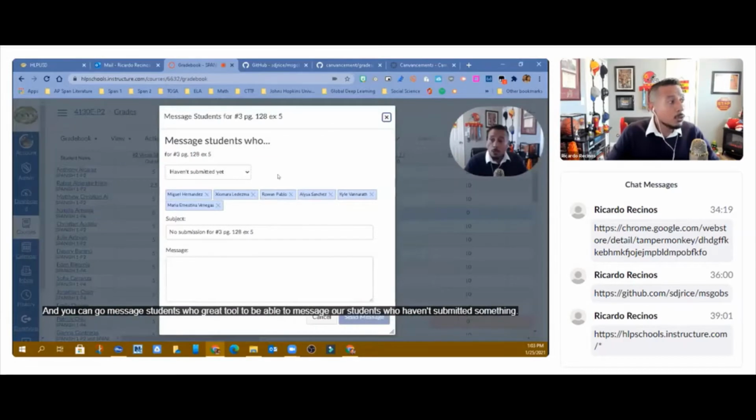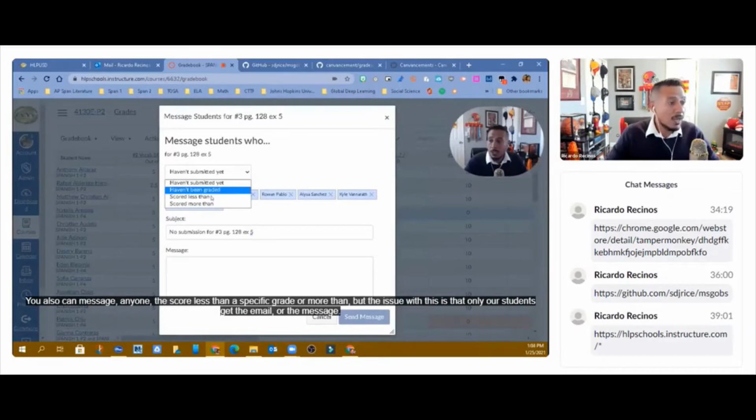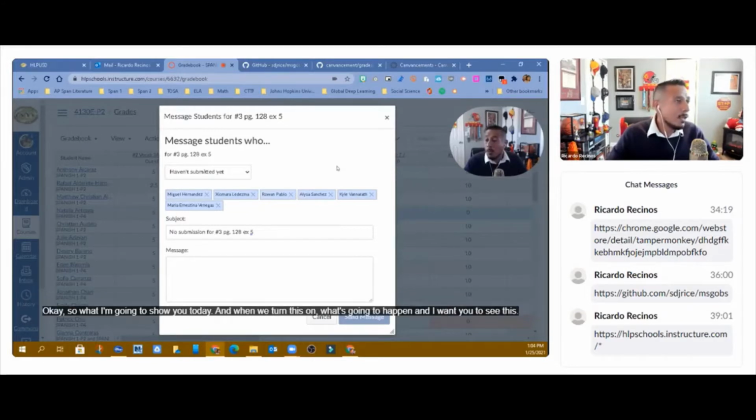Great tool to be able to message our students who haven't submitted something. You also can message anyone that scored less than a specific grade or more than. But the issue with this is that only our students get the email or the message, okay? So what I'm going to show you today, and when we turn this on, what's going to happen, and I